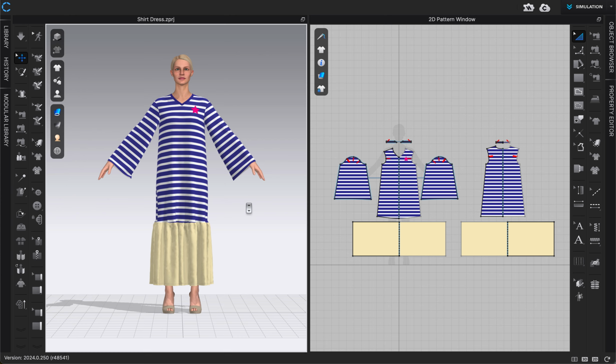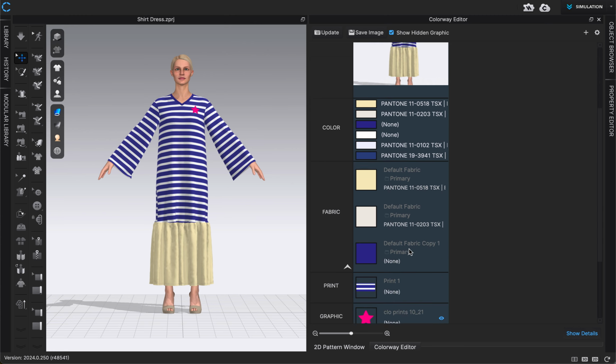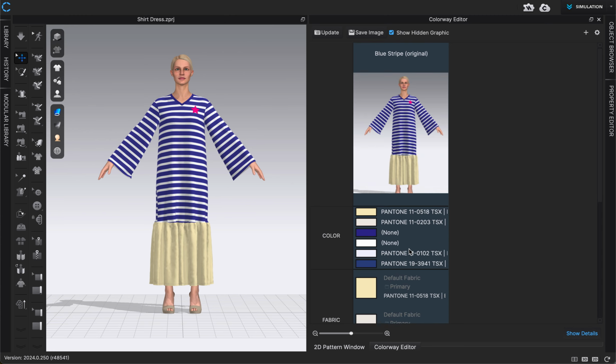And so to do that, we're just going to go into our colorway mode, which to get to that, we'll click on the editor tab up here at the very top, and then click on colorway. This will open up our colorway editor, and you can see all of the details here about my current garment. So we have the color option right here, or the color category. How this works is it's going to list every single color that's being used in my garment. If I click on any of these colors, it's going to select everything that's being